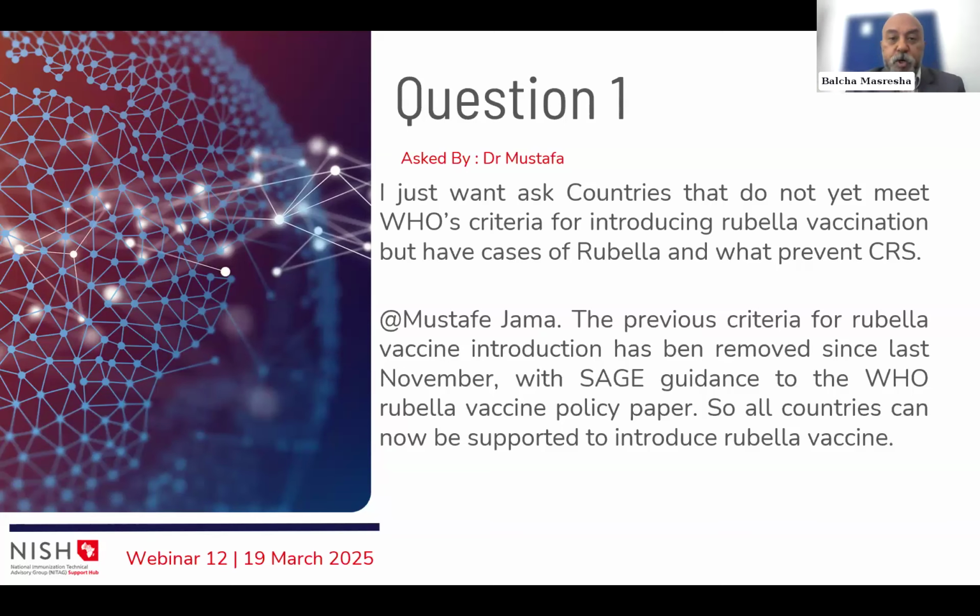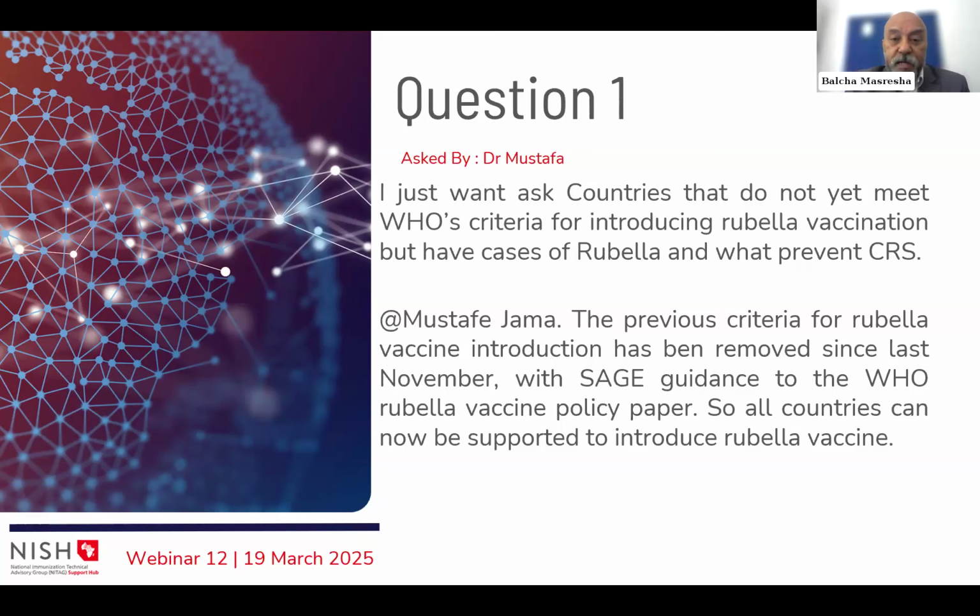Thank you so much, Ijeoma. So I think the technical background and the modeling work that Amy and Matthew very capably went through basically was the basis for the guidance to remove that restriction of 80% first dose coverage for measles before introducing rubella. That was how it came about. So currently, with this knowledge, the new modeling results and the deliberations of the SAGE, that criterion has been removed. All countries are allowed to get support to introduce.